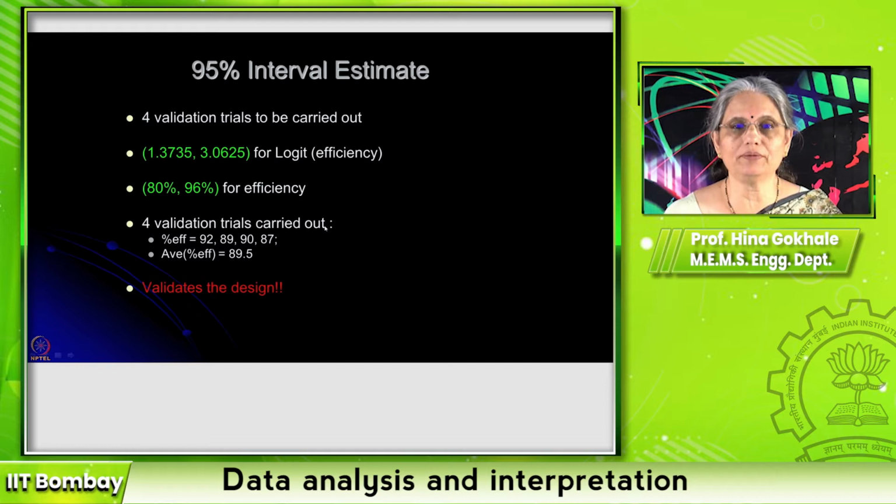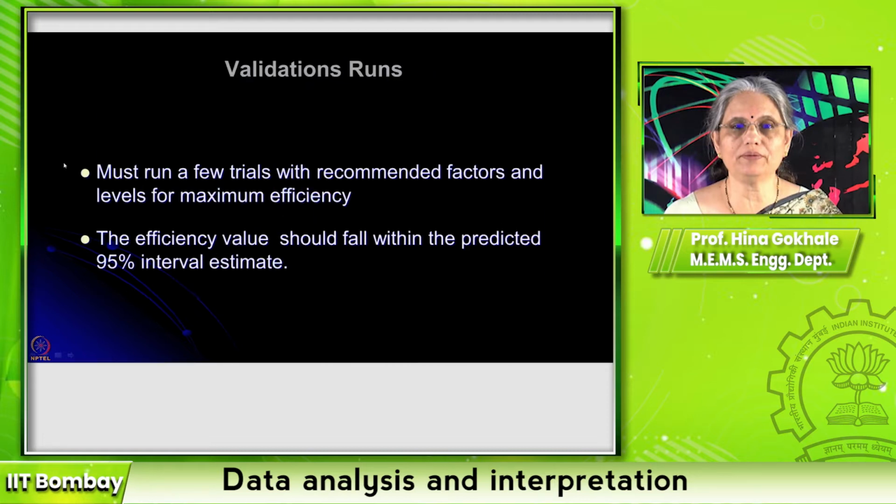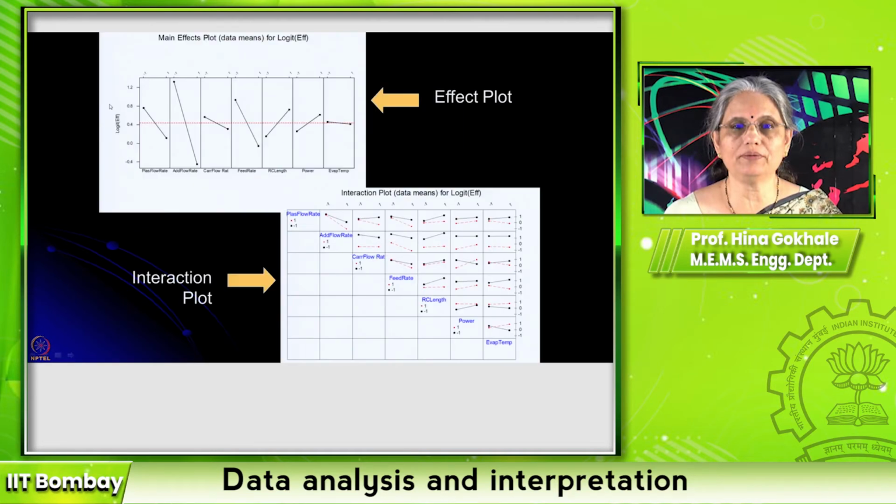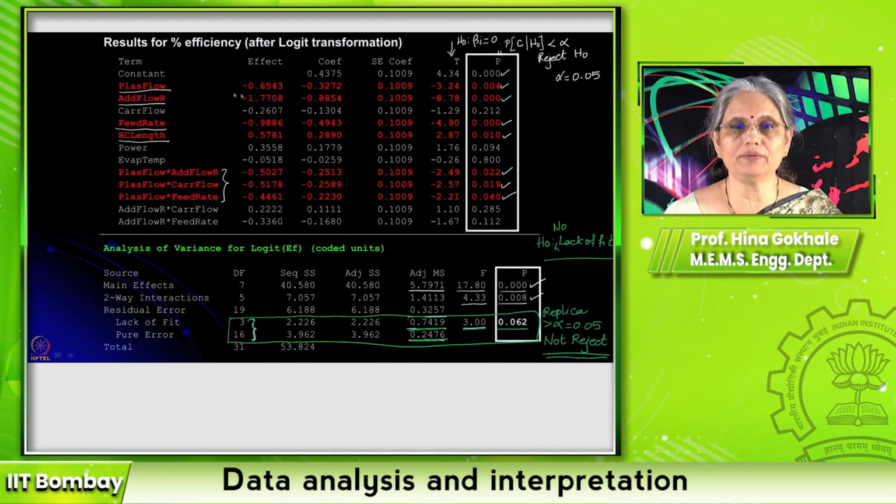These are the 4 validation trial results, which are 92%, 89%, 90% and 87%, and the average of that is 89.5%, which is very much within the interval, and therefore we can say that our results are validated. In other words, this model is the correct model, in which Logit efficiency is described